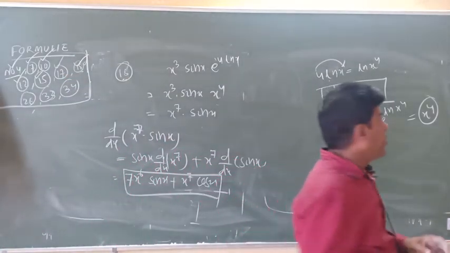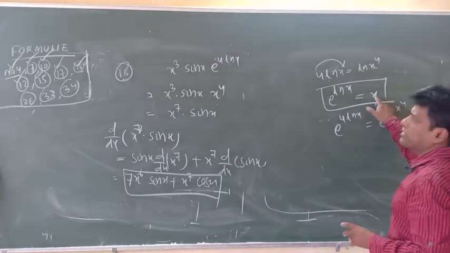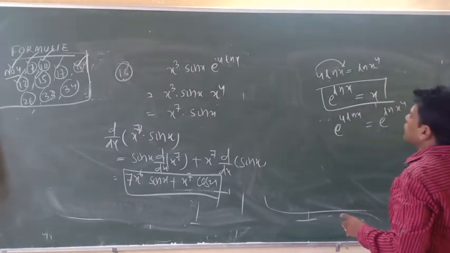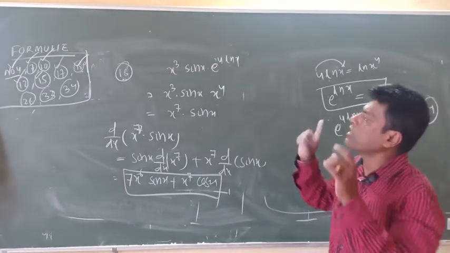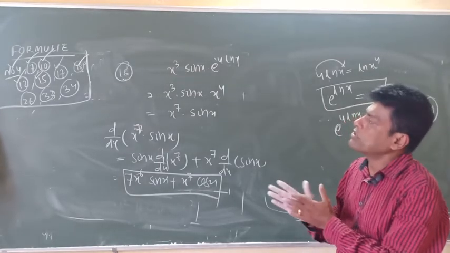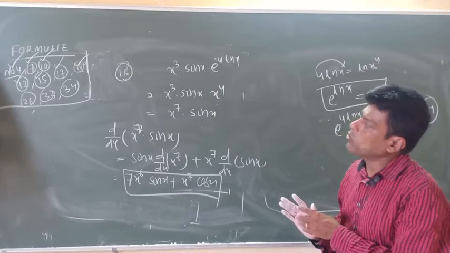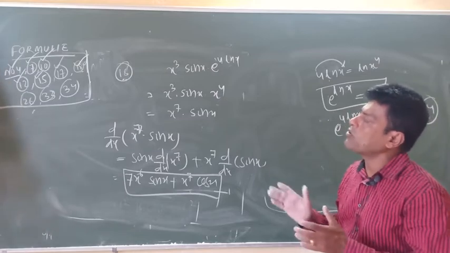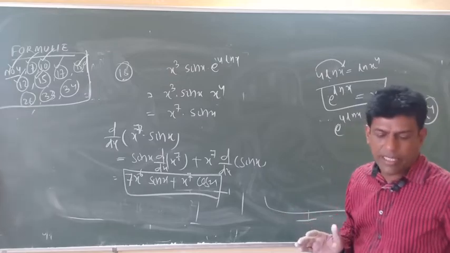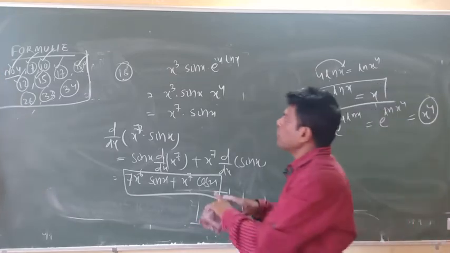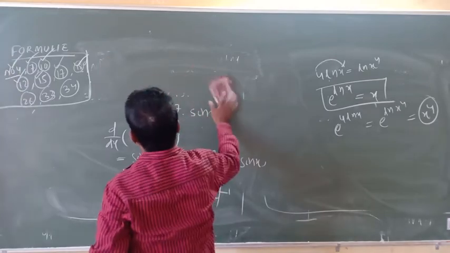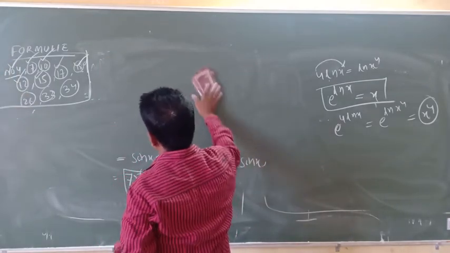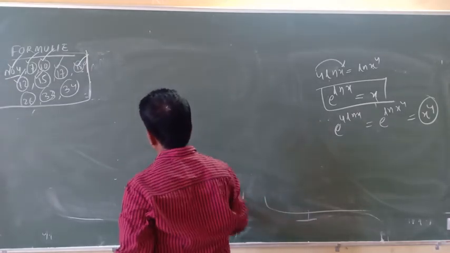Only remember this: e to the ln x is equal to x, always remember that particular thing. So e to the 4 ln x is equal to e to the ln x4, that equals x4. That became 3 terms, then 2 terms, after multiplying. Now I am going to solve number 26. If you look at the books, your question 26 is more complicated compared to other questions. No doubt, I think it is more complicated. The remaining questions you can try to solve yourself.